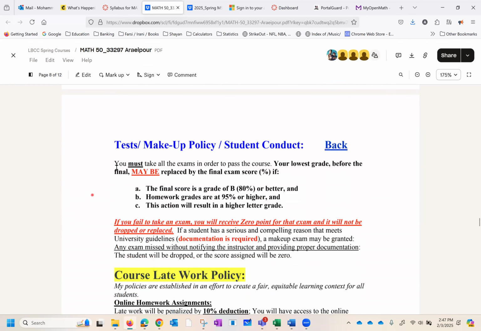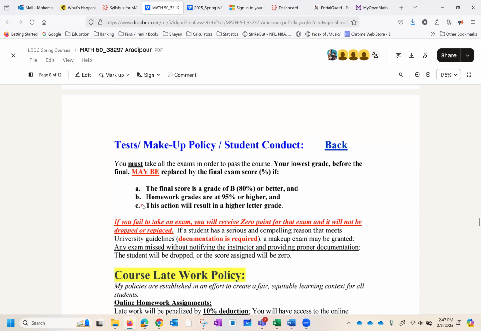Now, you must take all the exams in order to pass the course. Your lowest grade before the final may be replaced by the final exam score, because remember, the final is 300 points. If the final score is good, how good is good? At least a B, or 80% or better, and homework grades are at 95% or higher.